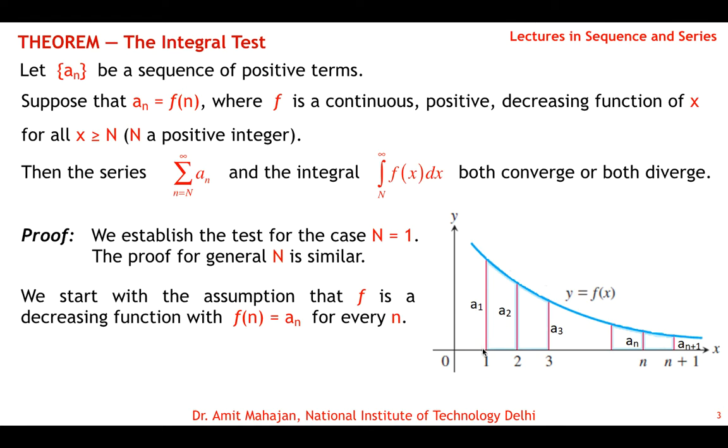The second case is we can form the areas to the left of the integer values, so we can form a rectangle of area a1 to the left of 1, and area a2 to the left of 2, so that means I will join like here, so this area will be a2. Similarly the area a3 on this side, to the left of 3. So I can make the area a3 on this side or this side, and so these are two cases. Let us see